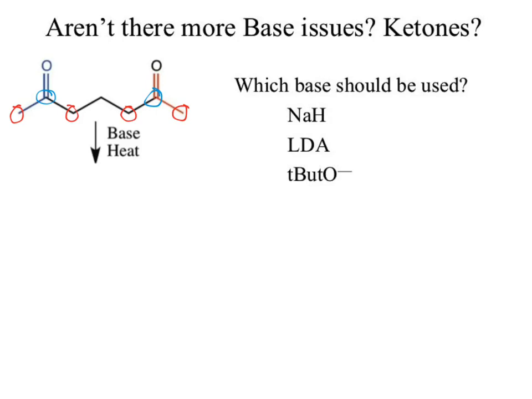So in this case, we don't have an aldehyde. Would we do an aldol reaction? We might say no because we don't have an aldehyde. It still fits under the aldol type chemistry. So it still gets called aldol even though it's not an aldehyde. The next part comes in with, well, what's going to happen? As far as bases to use, all will pretty much do the same thing.